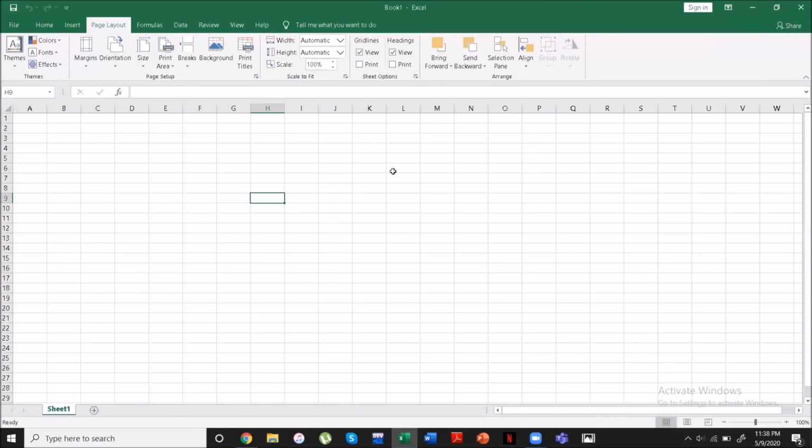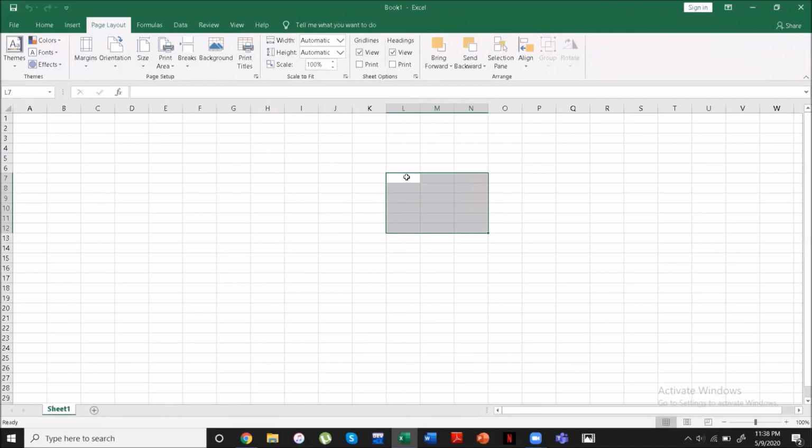Now, in addition to columns and rows, there is another part of the spreadsheet that you need to know about, and that is range. Now, a range is a group of cells that are together. A range could be this, it could be this, or it could be this. It could be any number of things. It's basically a number of cells that are next to each other, that are together. And guess what? Ranges can also be named just like cells. For instance,